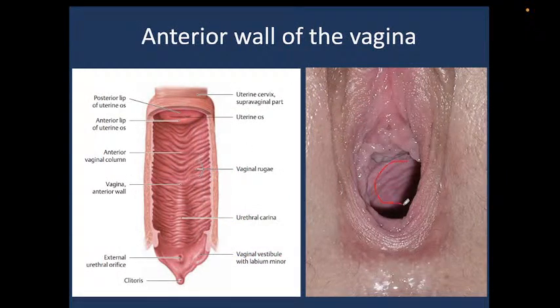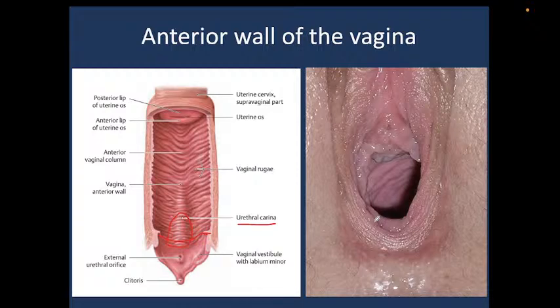It is visible here, and what is interesting here, close to the vestibulum of the vagina, we see a border between here the hymen and the inferior part of the anterior wall, which has a special urethral carina here, and